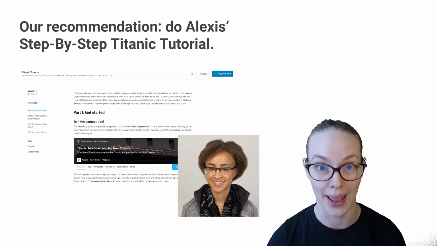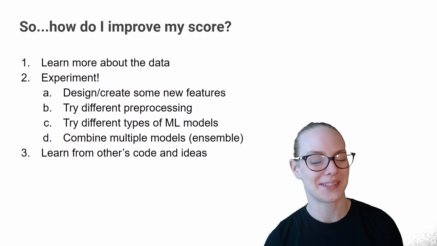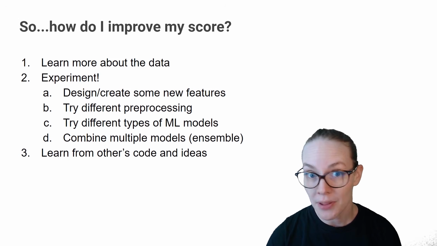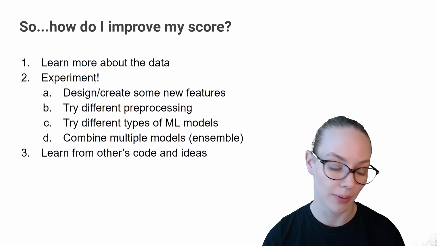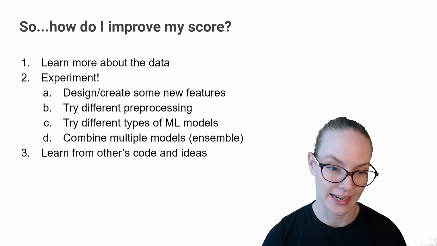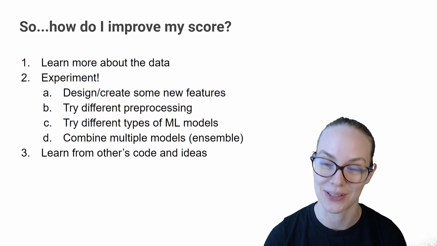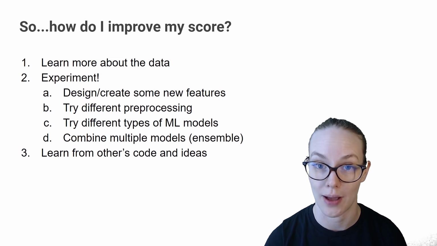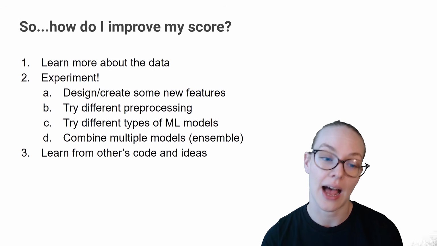nice, simple way. And then the question that everybody wants to know, okay, so I've made my first submission. I want to see those accuracy scores improving. What do I do? A couple of things you can try. So the first thing is to learn about the data. I said that you need to understand the problem. There's always more to learn about a specific machine learning problem. For the Titanic in particular, of course it happened in the past. There's no new data being produced around it. So you can turn to historical sources and start to learn more about the situation to develop your understanding. And then you can use that understanding to guide your experimentation.